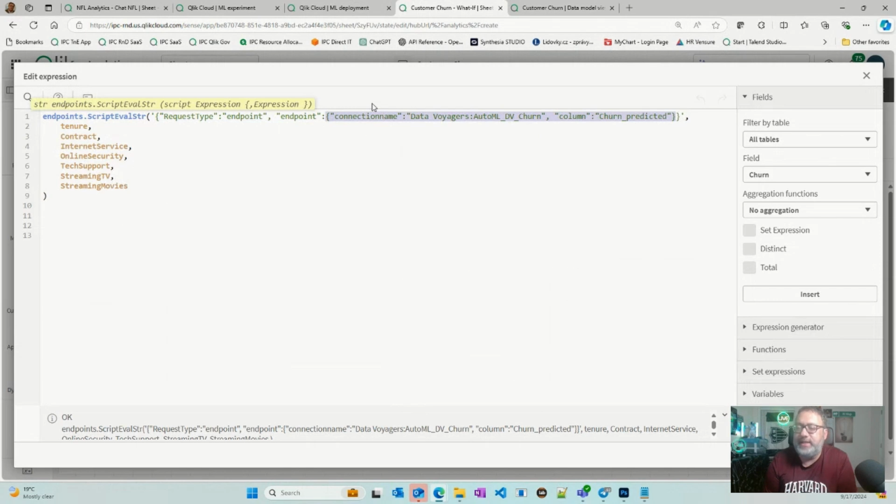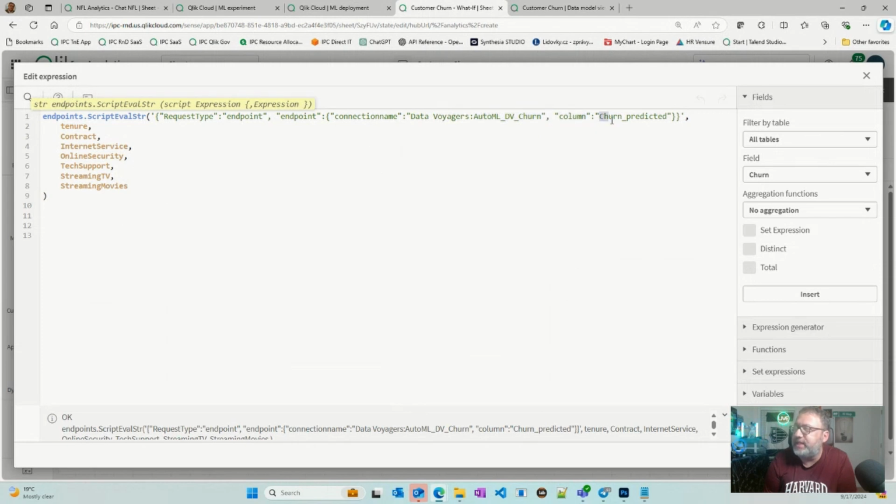Now inside this inner JSON, I have two variables. One is connection name, all together, colon, and the value is the name of the connection you created with the space name. So I have the space name, which is data voiders, colon, and the name of my connection, actually. And then comma, second variable, column.